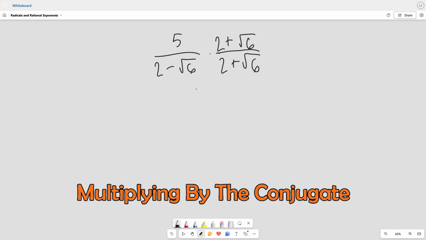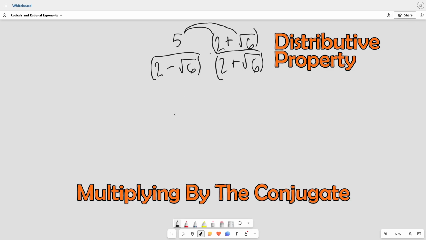So what does this give us? Remember, it might be helpful if you put parentheses here. It just makes it a little more easy to take in. So for the top here, the numerator, we're going to be using the distributive property. So 5 times 2 is 10. And then we have plus 5 square roots of 6